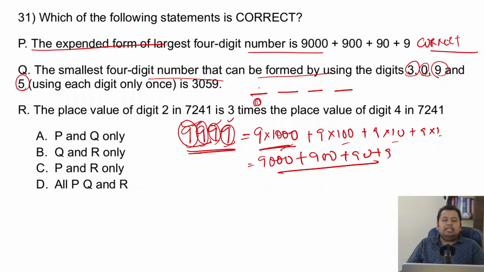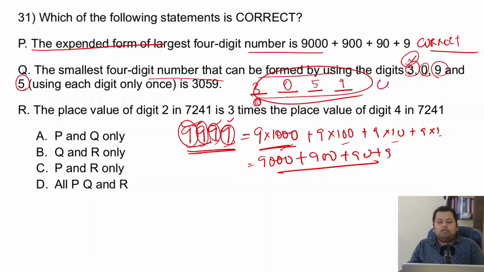So, if that is so, then we'll have to do the next best thing here. The next best thing is 3, right? So, this becomes 3. Now, if this is 3, then we have to see what is the next smallest number. Here we can put 0, and putting 0 here is not a problem. The next smallest number is 5. The next best possible small number is 9. So this is 3059, and this statement is also correct, right?